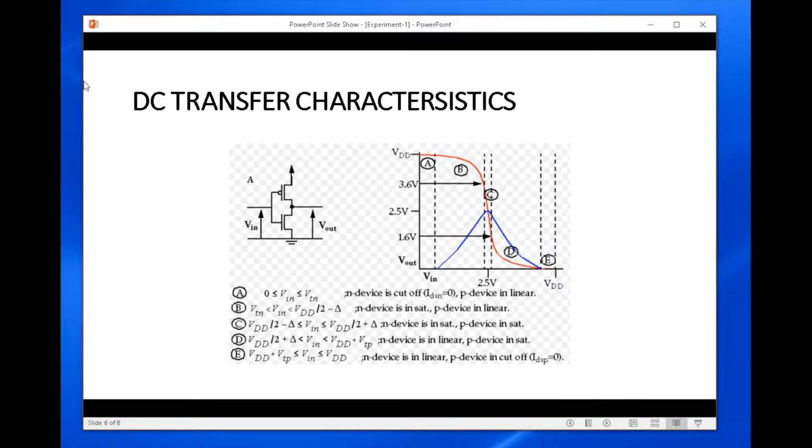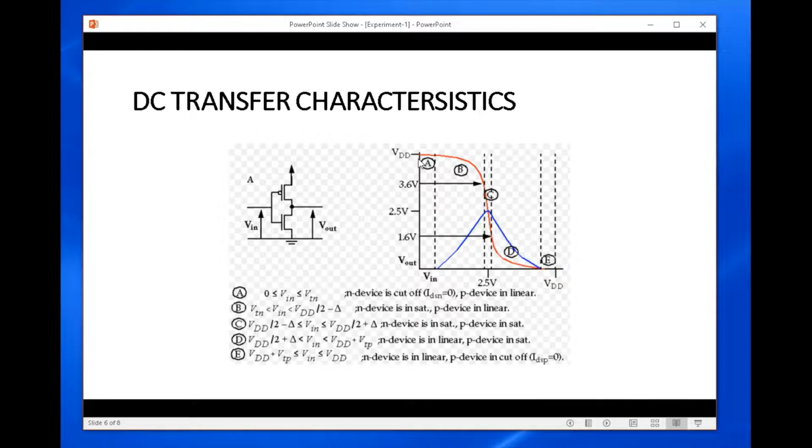Now, a typical CMOS inverter's transfer characteristic looks like the picture shown here. For a small input bias, the output is high, and for a higher input bias, the output is low.